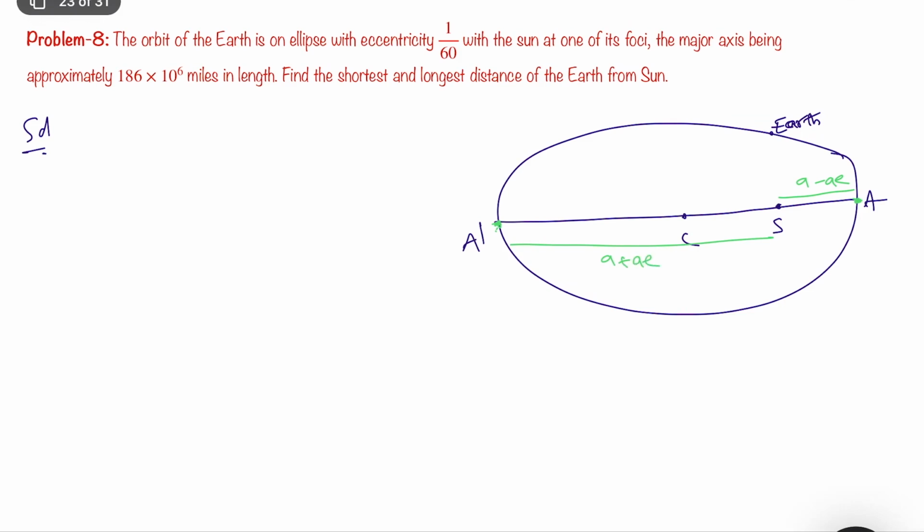Okay, here what is given? Eccentricity of this ellipse is 1 by 60. And the major axis length, that is 2A, equal to 186 times 10 to the power of 6. That implies A equal to 93 times 10 to the power of 6. Okay, now we got A and E. So now we can answer the longest distance